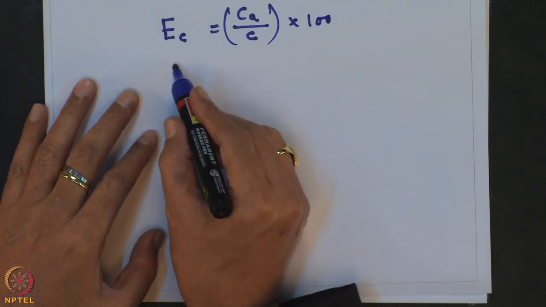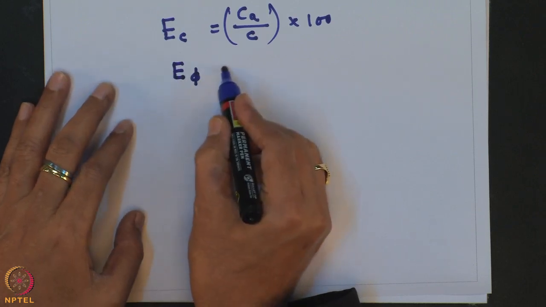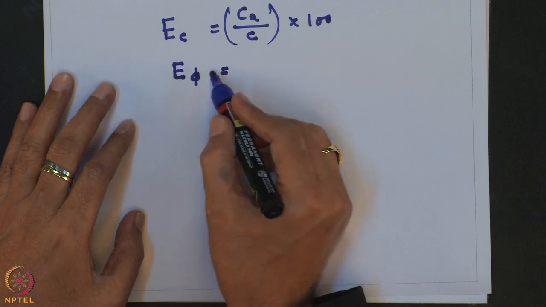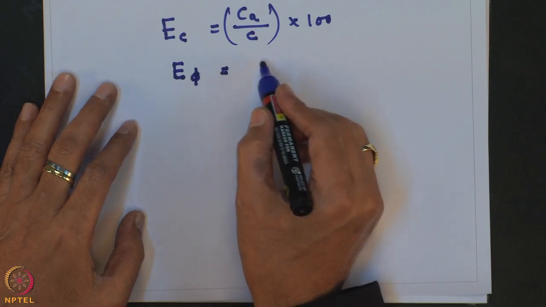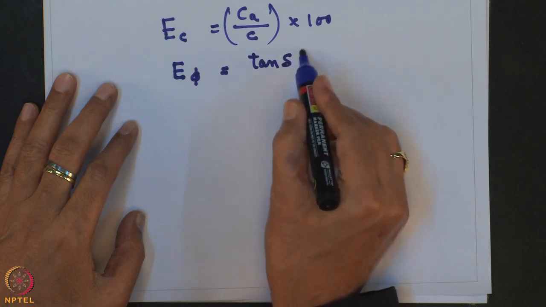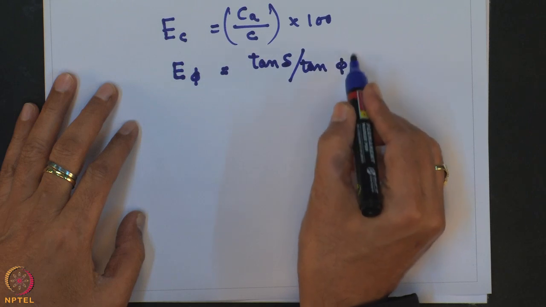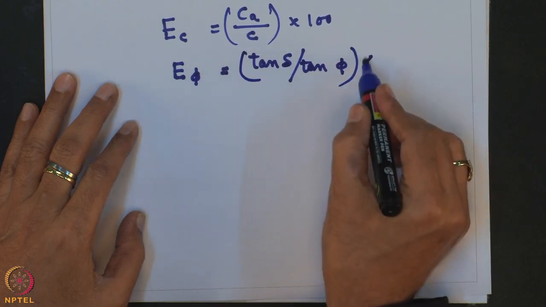And you can determine E_phi, that means efficiency on friction. That we can write as tan delta divided by tan phi, times 100,